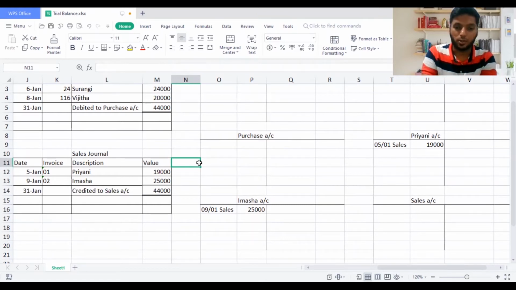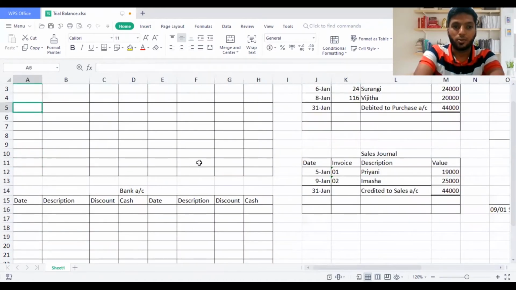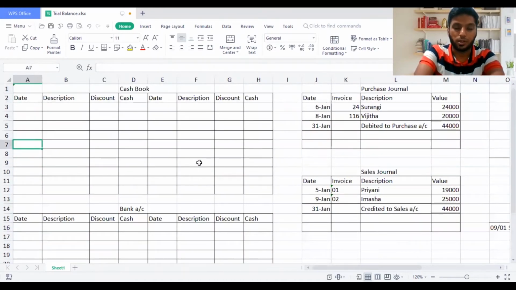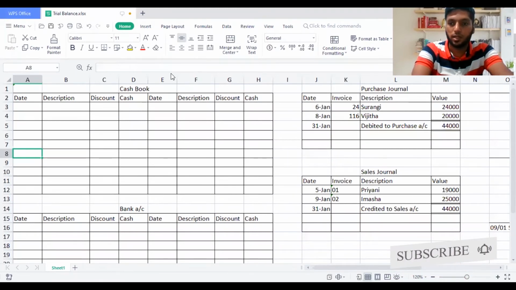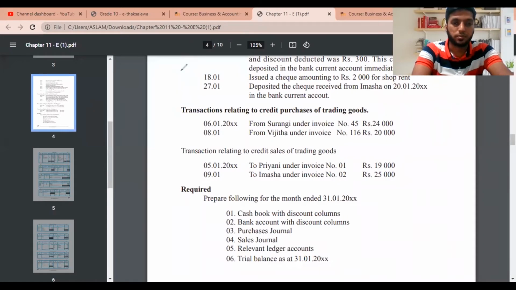They can't ask all three together, so that's going to be completely insane if they ask, and we will not have time to do everything for a 10 mark or 15 mark, because there are harder sums than this in your O level. So if you think it is hard, then you can't do O levels. In O levels there are financial statements you'll be learning. So these are basics when we compare to O level. Let's move on to the main part, which is the cash book, and discuss and do one by one.